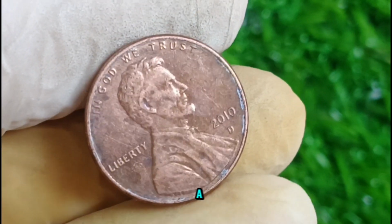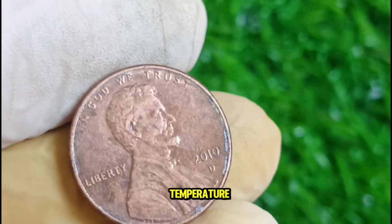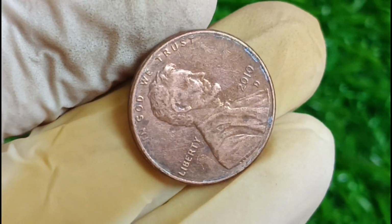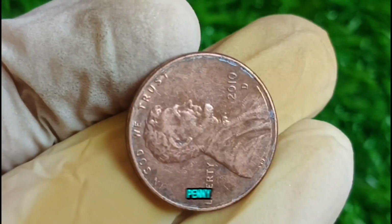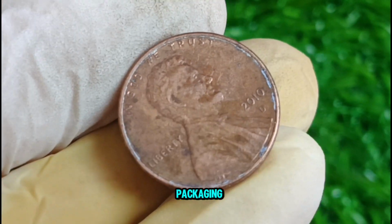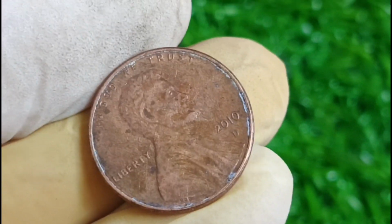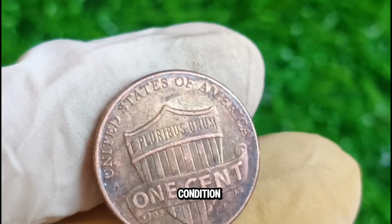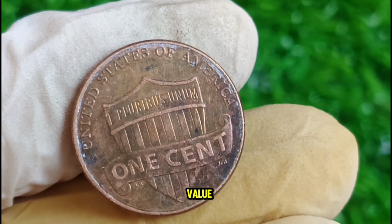Store your coins in a cool, dry place with stable temperature and humidity levels to avoid oxidation or corrosion. If you have a proof 2010 penny, keep it in its original mint packaging to maintain its value. Taking these steps will ensure that your coins remain in excellent condition, maximizing their potential value when it's time to